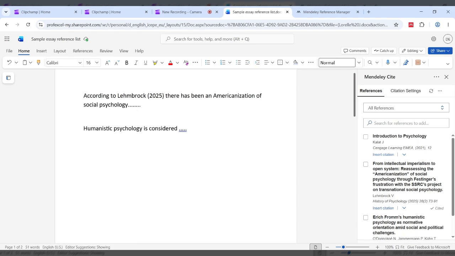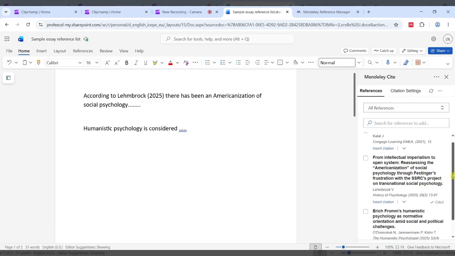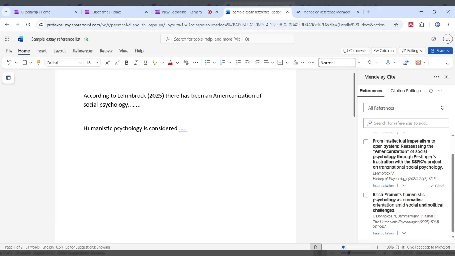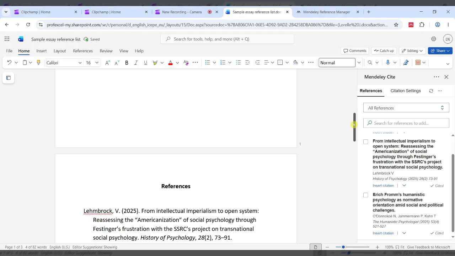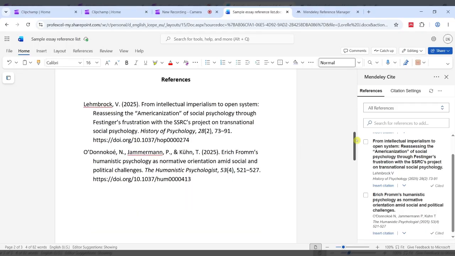But the way the automatic updates will work is I'm going to go to my second line here, and I'm just going to add in another in-text citation. I'm not going to get too worried about the details. It's just for demonstration purposes. So I'm just going to insert this second in-text citation. And now when we scroll down, that should be added to my reference list. You can see it is here.